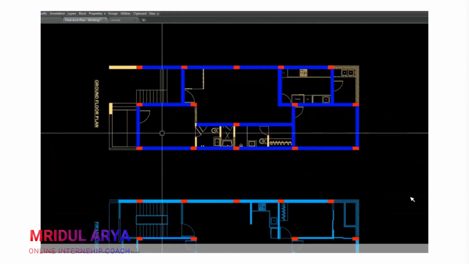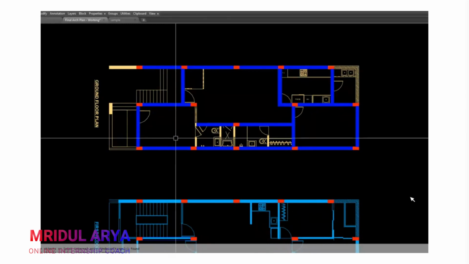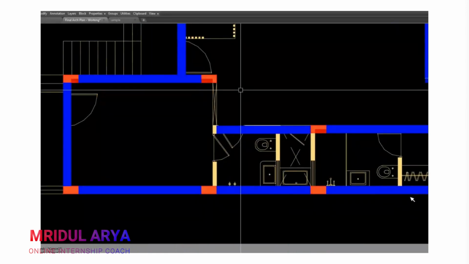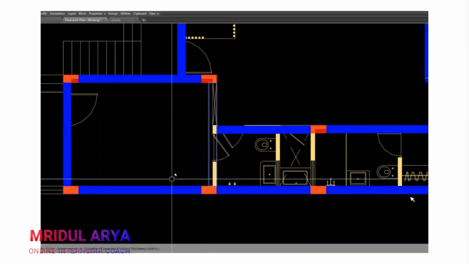So we will try to cover all the major loading points wherever we have at least 9-inch thick wall. We will try to place beams below that wall because a 9-inch thick wall has a very high load compared to a single brick wall, and a single brick wall is usually considered as a partition wall. Partition walls can be directly placed on the structural slab. Okay, so it's not really always necessary to provide beams below single brick walls or partition walls. You can avoid that, but you will always try to place beams below a 9-inch brick wall, or structural loading wall.